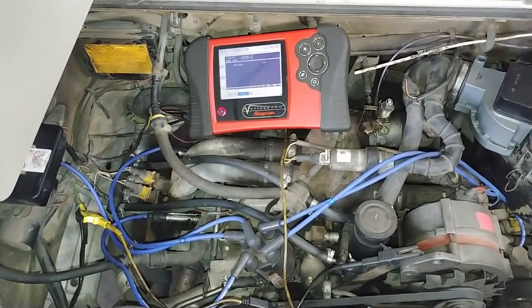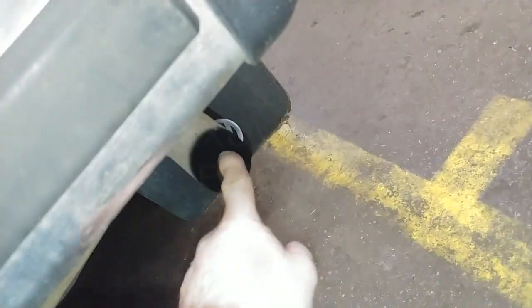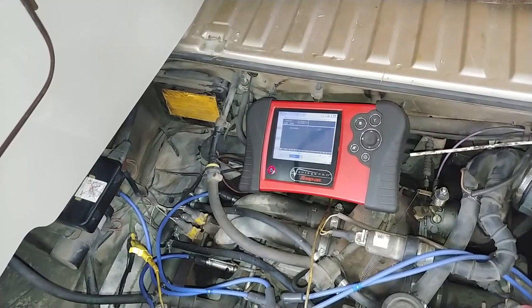'87 Vanagon. Customer complains about high fuel consumption, and it smokes pretty bad out the exhaust, or tailpipe I should say. And when driving with the window down, you can smell the richness. So first thing I always check is the exhaust, the O2 sensor first, to make sure that it's connected,